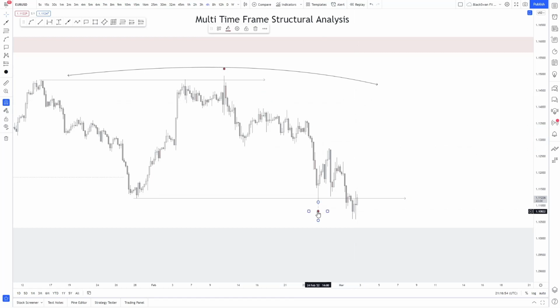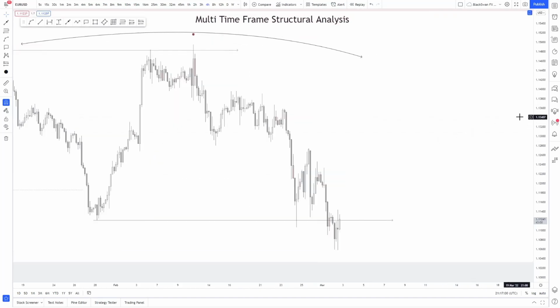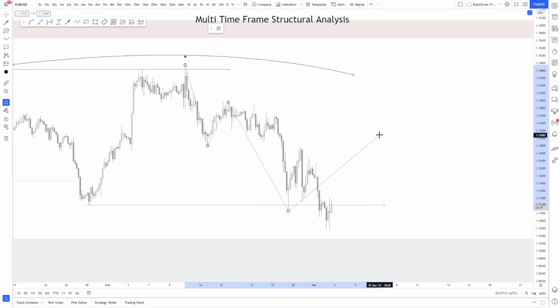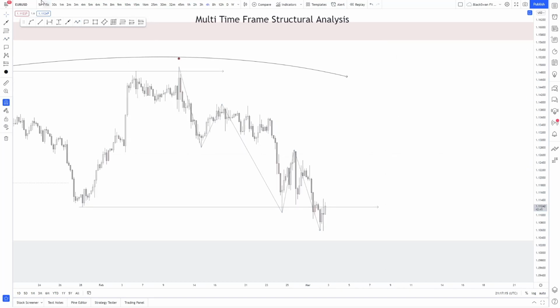And as we can see, the 4H is obviously aligned with the daily, so we've got really clear bearish structure in place. And we can see we've got our high, low, we've got our high, new low, high, low. So as we can see,